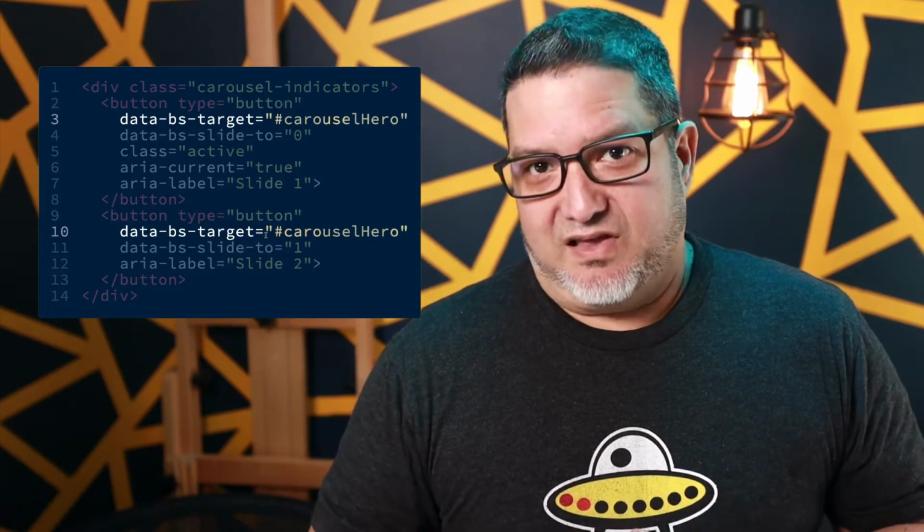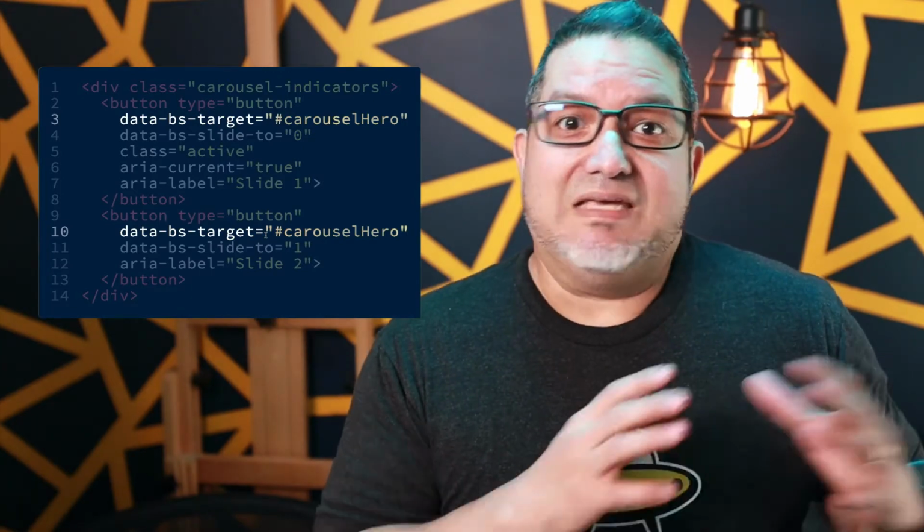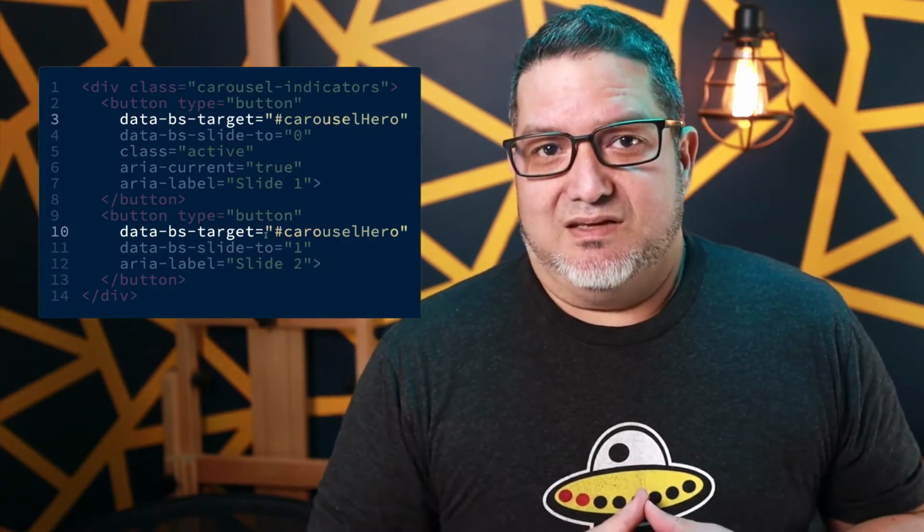You create a div with a class of carousel-indicators, and then a number of buttons for each image inside the carousel. Each button has a number of important data attributes. data-bs-target identifies the ID of the slideshow. This should go in the parent of the carousel and have a unique ID to each slideshow on the page. data-bs-slide-to has the number of the slide. Since JavaScript is 0 indexed, the first image gets a number 0, the second image gets a number 1, and so on and so forth.